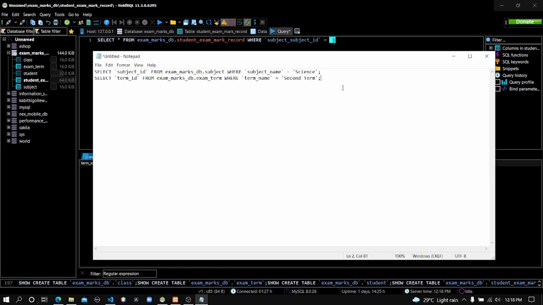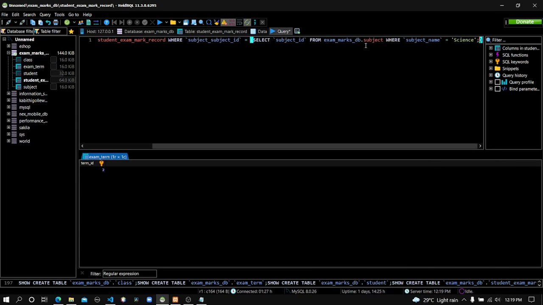I'm going to copy the query, science subject. As the result of this query, the query I paste here, it will be the subject ID of the science subject, and it will feed into the main table or main